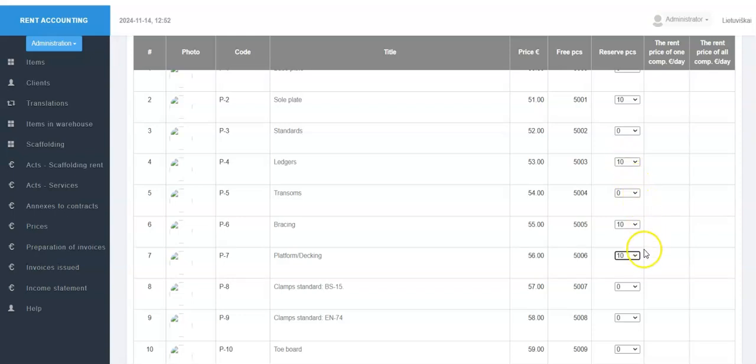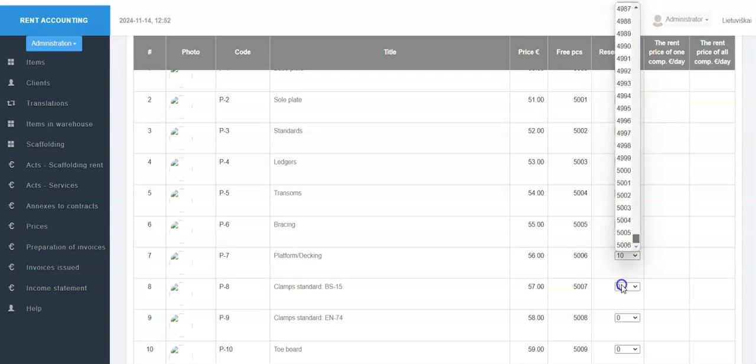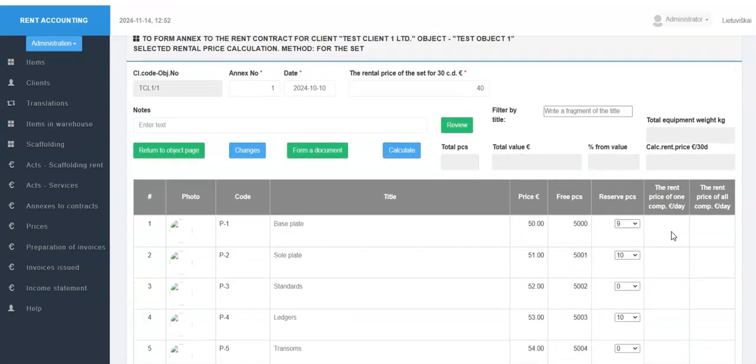You can select a quantity no larger than the free quantity: the total corresponding component quantity minus reserved and rendered quantities. If you don't need to reserve more components, we press the Calculate button.